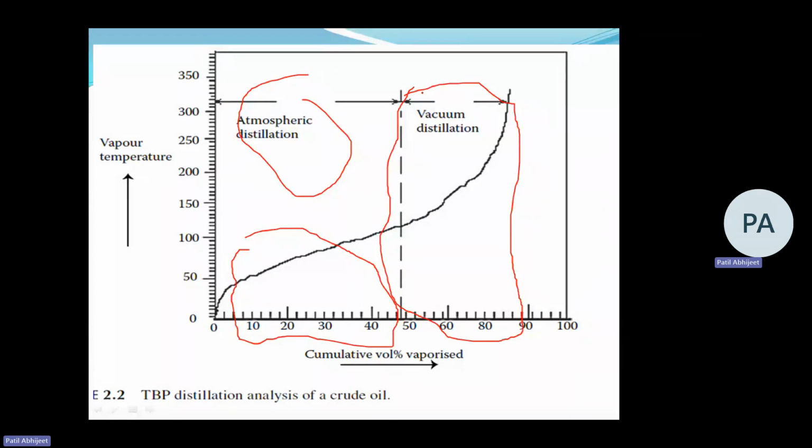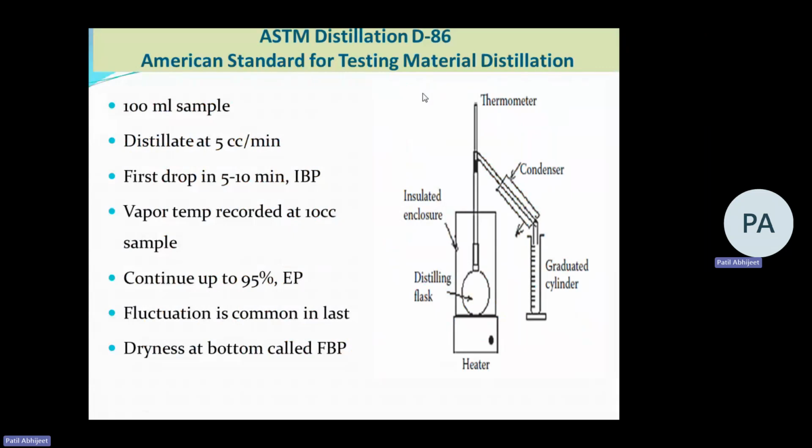Now we will go to the next apparatus. Now here you can see the ASTM distillation D86. There are certain kinds of methods which are standardized as per ASTM distillation, because if you are preparing any product related to petrol, diesel or biodiesel, there are certain standard processes which are reported to characterize this, meaning determination of flash point, fire point,